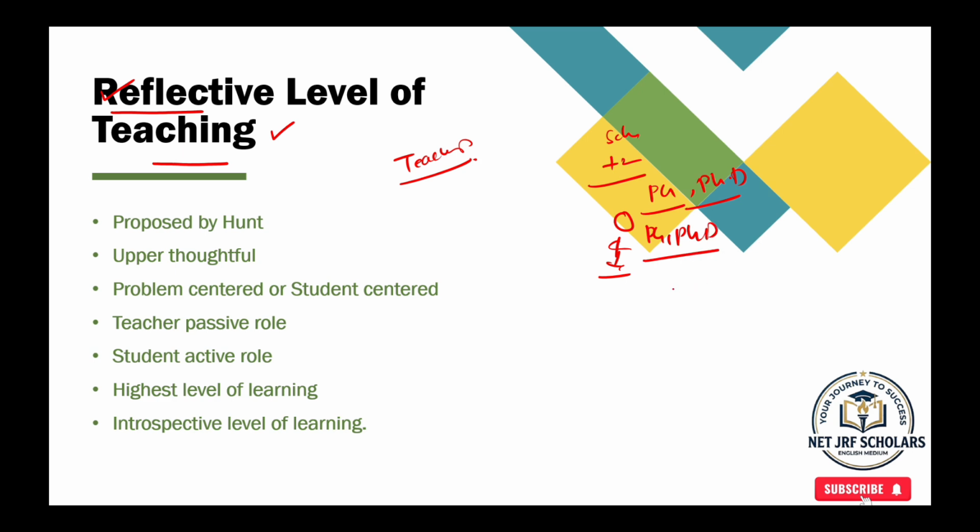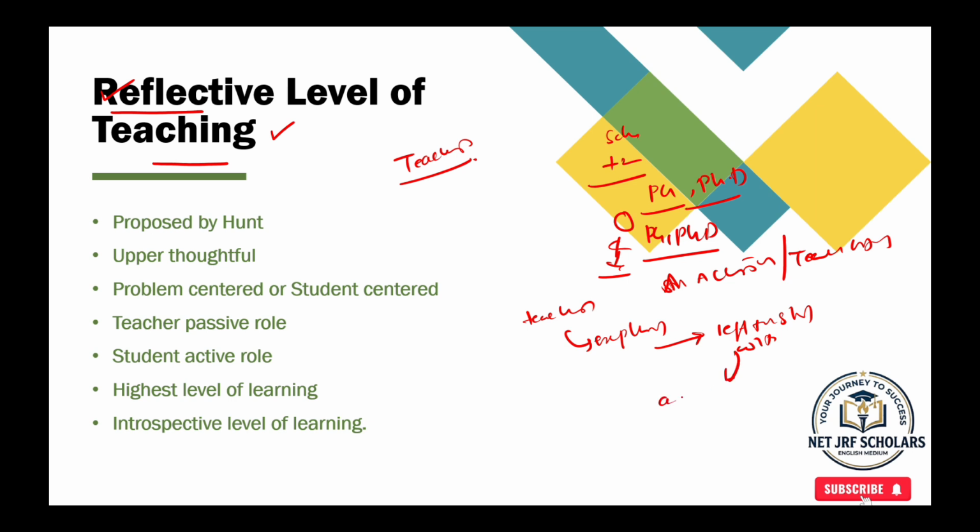Here it is mostly a student active role and teacher passive role. So the teacher explains the concepts and leaves the students with thought-provoking questions where the student has to actively work on those questions